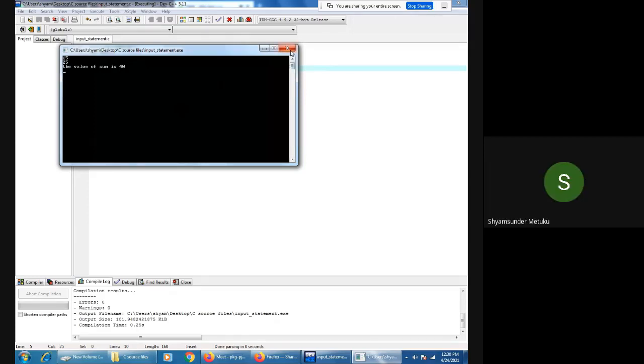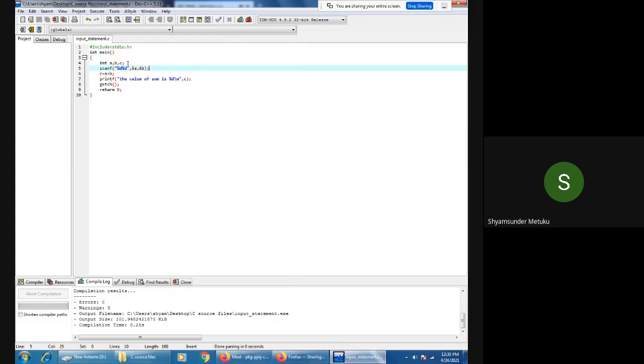So better actually, the moment you execute, a cursor is blinking, and the people to whom we provide the program get confused about what they are supposed to type. That is the reason every scanf must be preceded by a printf statement, which is a good programming practice. What I'm supposed to write here is, I'm telling the users, enter 2 integers for the addition. Is it not a better way for readability? Every scanf must be preceded by a printf.